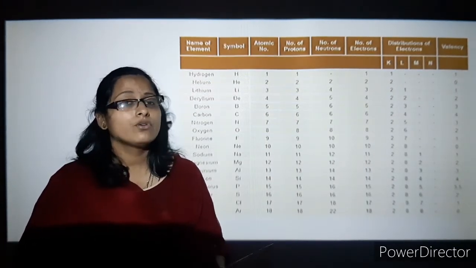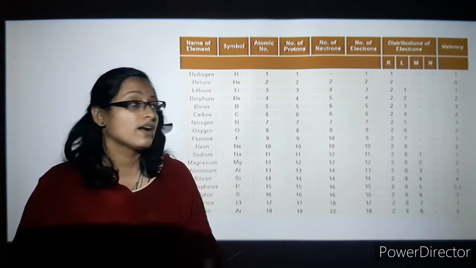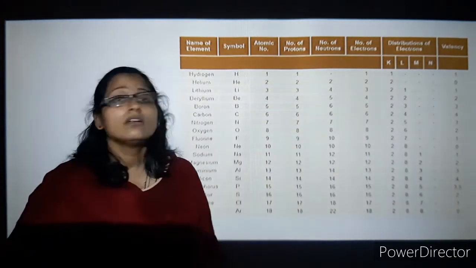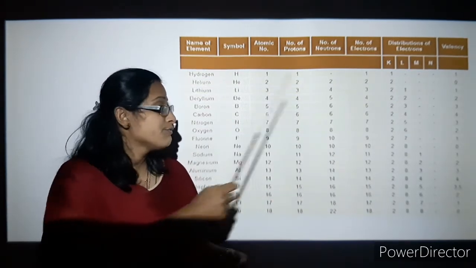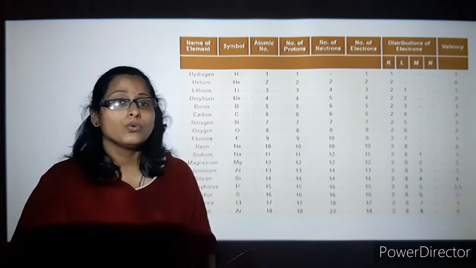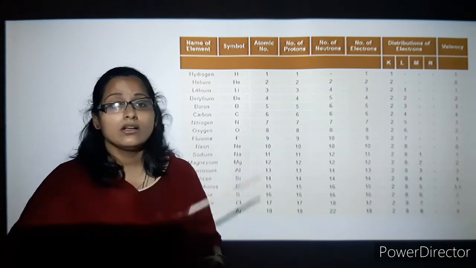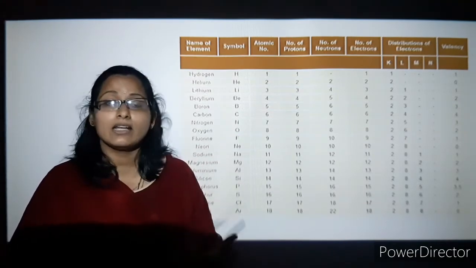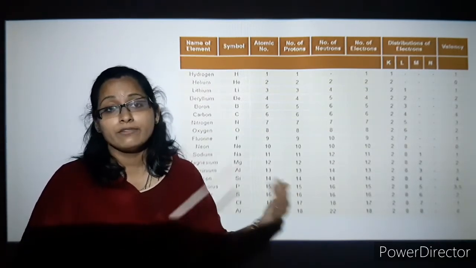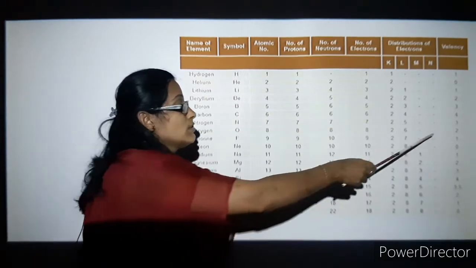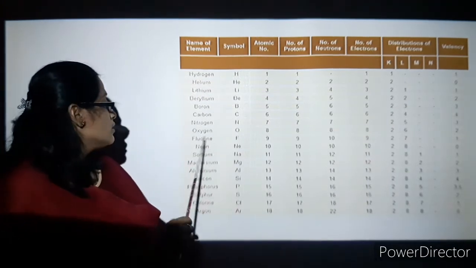No, you cannot write that. I have told you that 0, 1, 2, 3 and 4, with 4 as the maximum, is what you will be writing as valency. So 6 is there, and the easier method is to subtract 6 from 8. How much is remaining? So 2. It requires 2 more electrons to fill its octet or outermost shell, and it will always receive electrons rather than giving away these 6 electrons. So which is easier, to receive 2 or give 6? Receiving 2 is easier. So the remaining electrons are 2, and 2 is the valency. So next is fluorine.